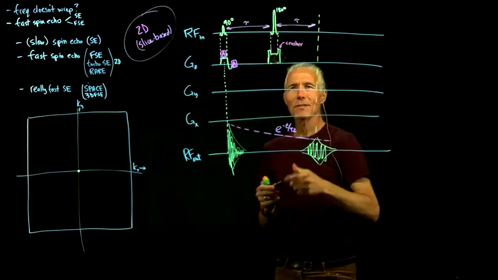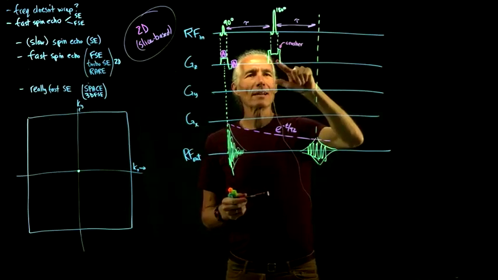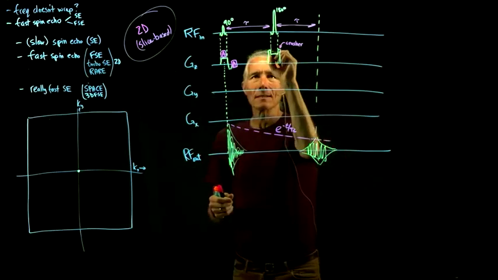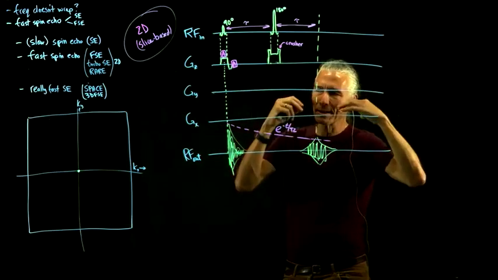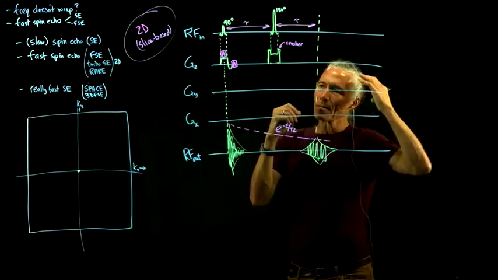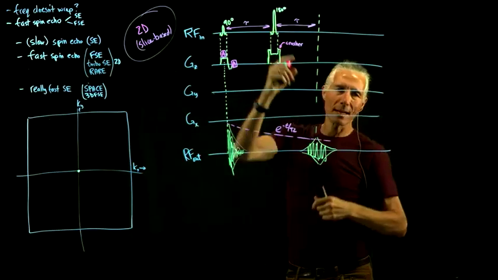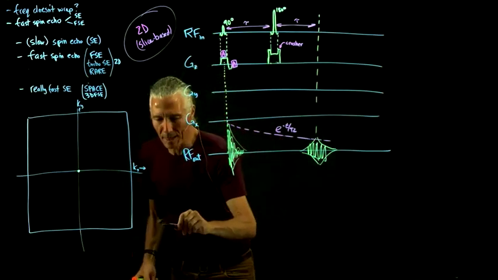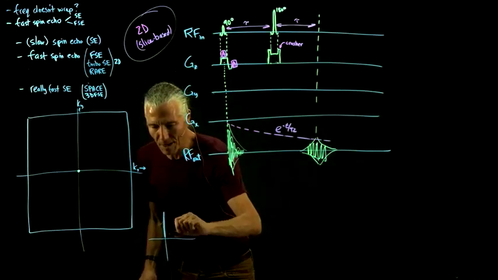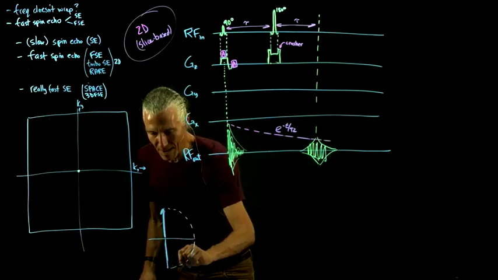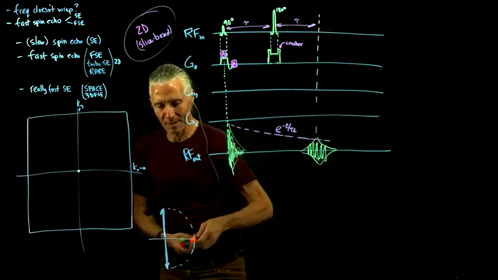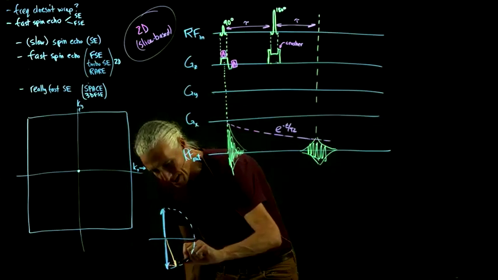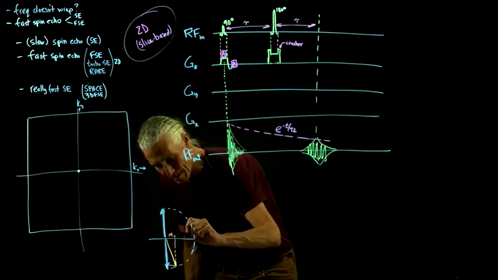So what is that? The idea of a crusher pulse is, say our 180 wasn't exactly accurate because different parts of the head have slightly different B1s. When you turn on the RF, it penetrates into the head, but it's not completely uniform, and so some parts of the head are going to have a bigger or smaller flip angle than 180. And if it's bigger or smaller than 180, what's going to happen instead of just flipping it? We started off with that magnetization, and then we flipped it. We were aiming for that, but what if instead we got something like that? It'll have almost the same Z magnetization, but it's going to have some transverse, XY magnetization,